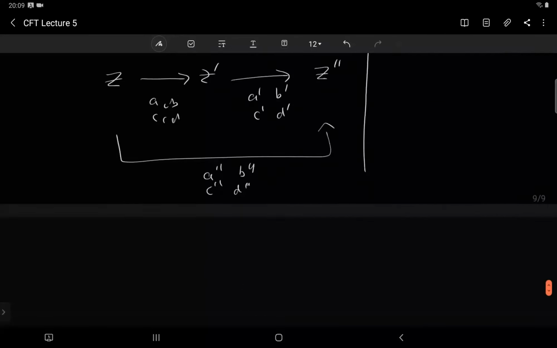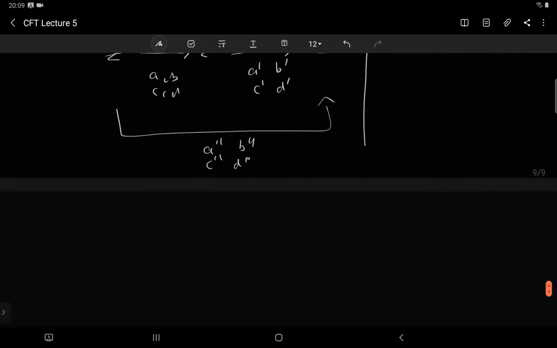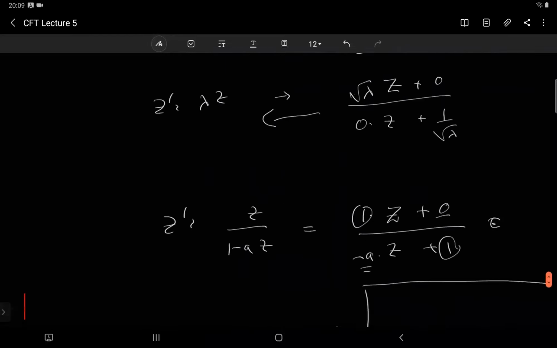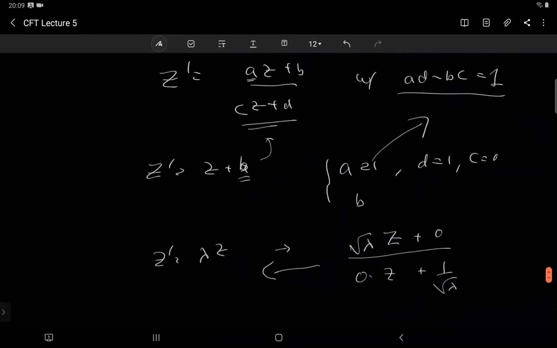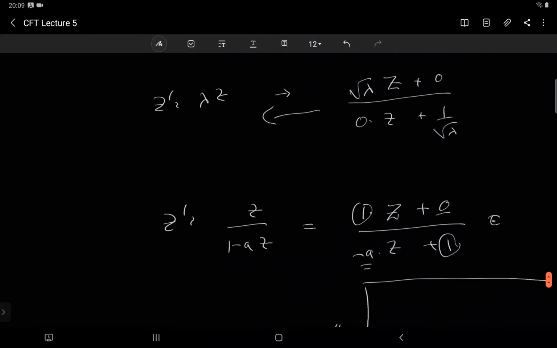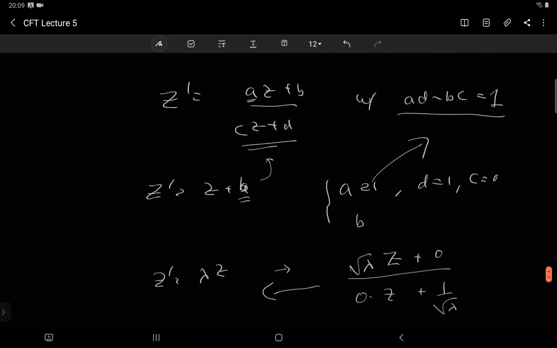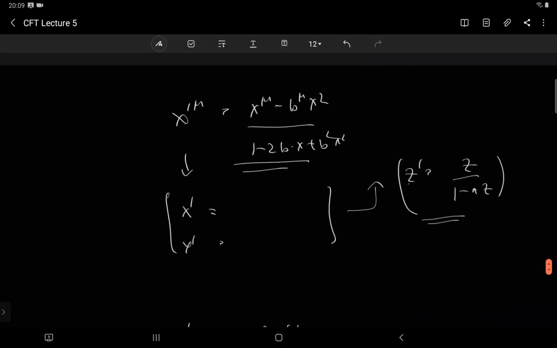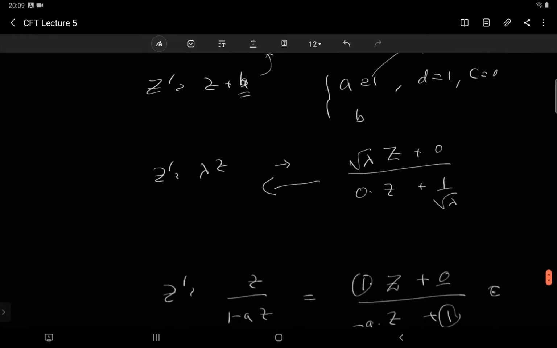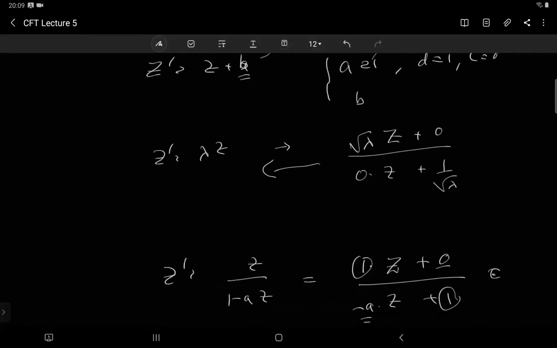So let's do a transformation which is A, B, C, D. Now you see, if I choose these particular values, then I'm getting scaling, rotation, special conformal transformation, and translation. But I can choose A, B, C, D most general, where none of them are 0. That means you're doing all of them together: translation plus scaling plus rotation, all together. Okay. So because it's a group, it's still a conformal transformation.